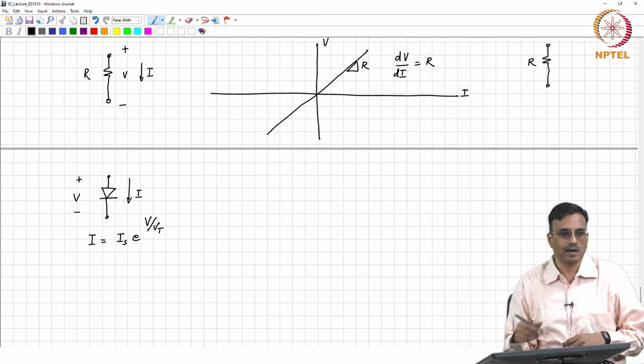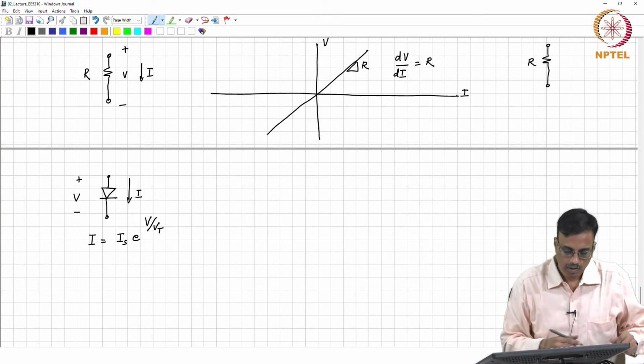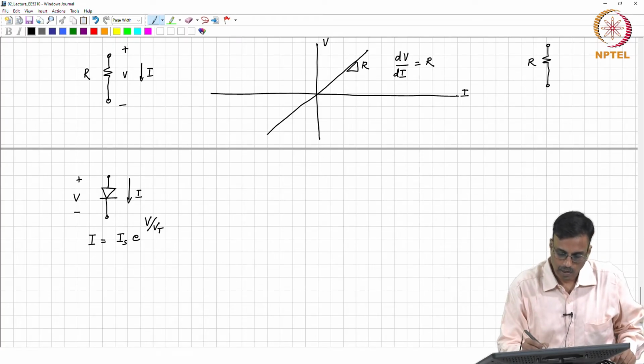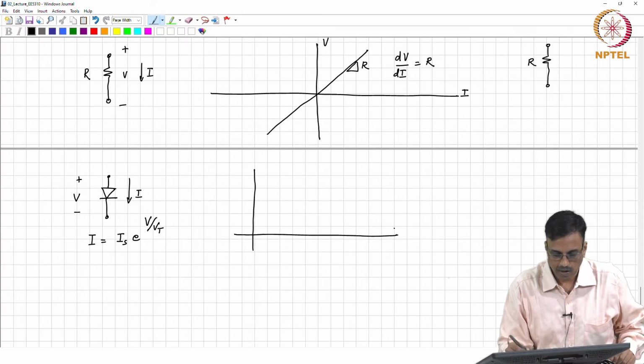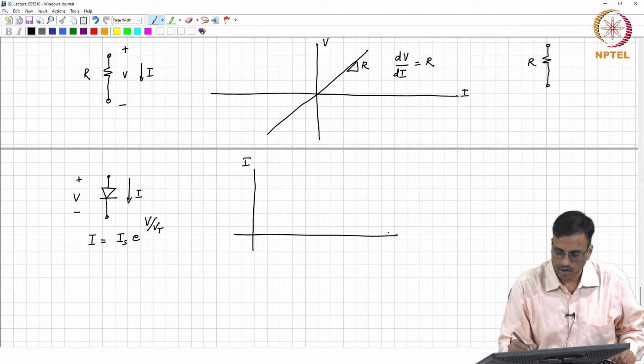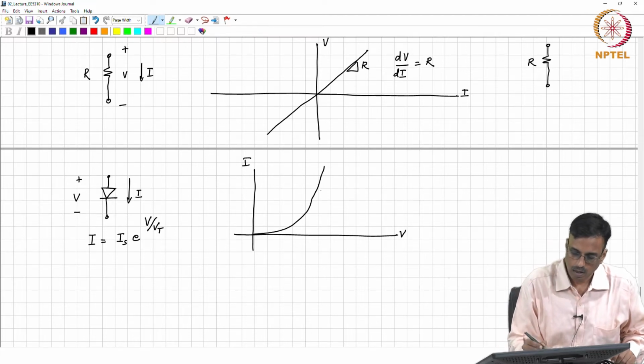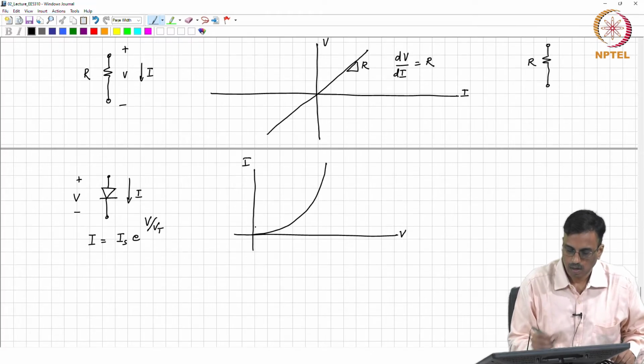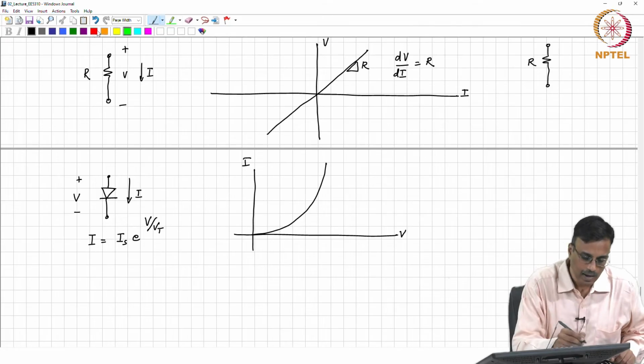I am neglecting that Is term. So what comment can you make about the picture in forward bias? If I plot I on the y axis and V on the x axis, you will get something like that, and at the operating point